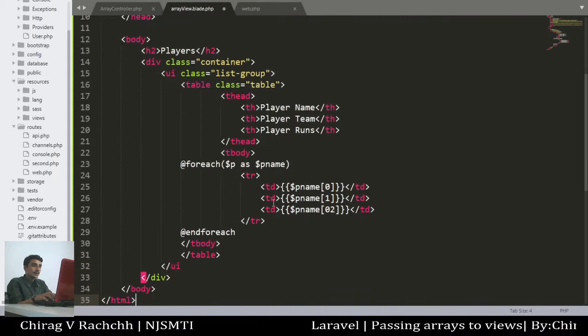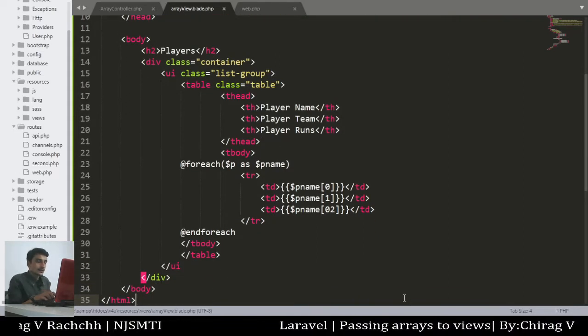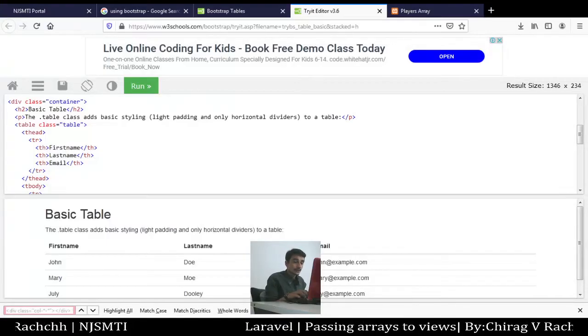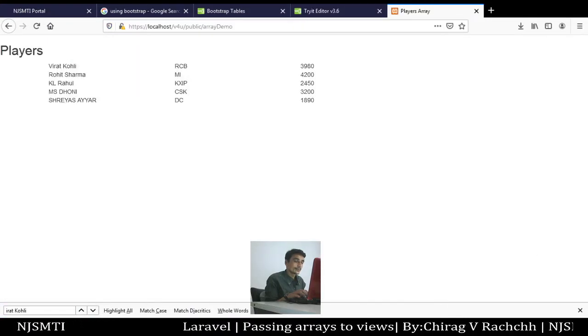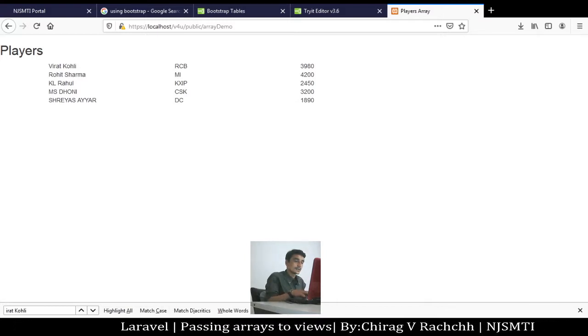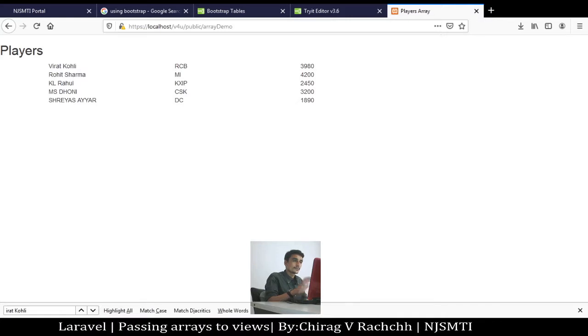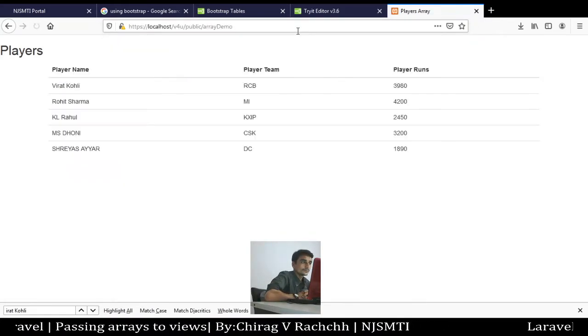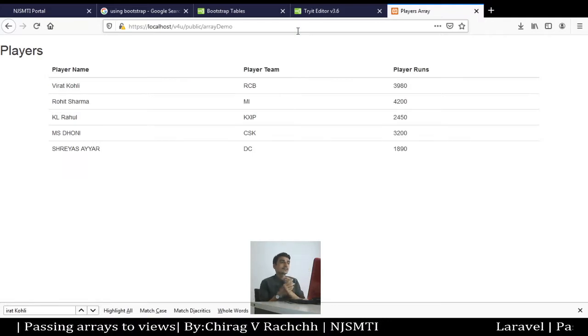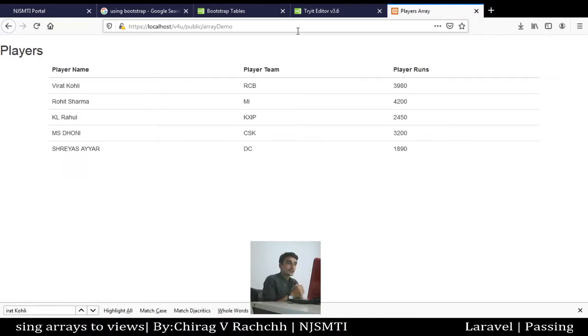Let's have a look at the output of this code, how it looks. Let me refresh it. Yeah, it looks nice, a table structure.